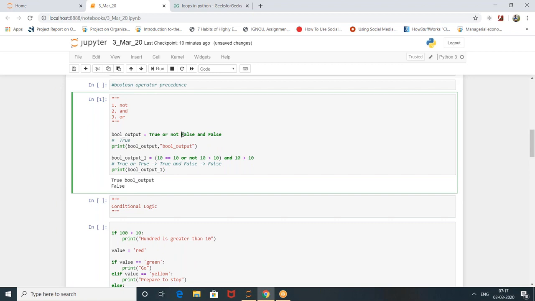Let's see whether it is going with the AND operator first. So might be the AND operator is taking the precedence. Not operator first, AND operator second, OR operator third. The sequence is like this. So not true is false, not false is true. True and false is false, but true or false is true. Correct. Wonderful.